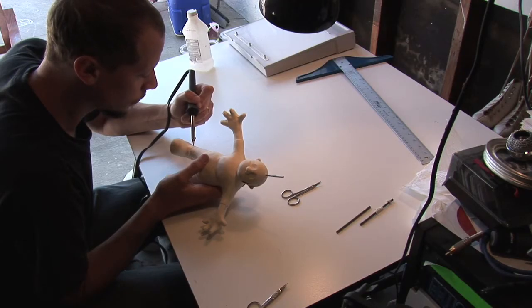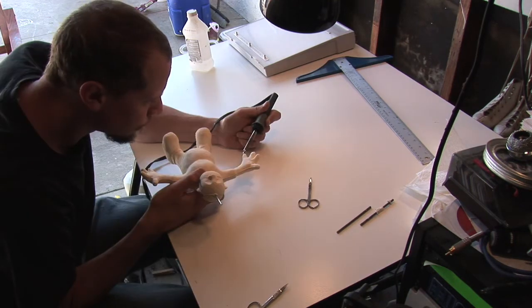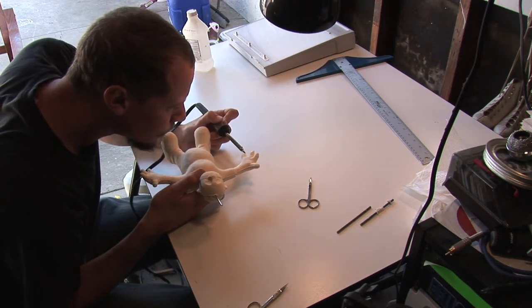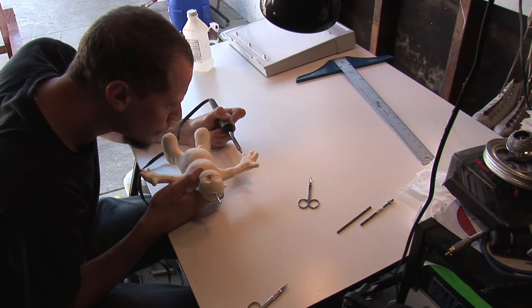Now I do this to the whole puppet all the way around it, and it takes a while, but this is actually one of the nice calming phases of the puppet build. So stick the music on, sit back, and just work away. Fingers, once again, it's just a matter of detail. And since I have the soldering iron, I can really get in there and get those crevices within the